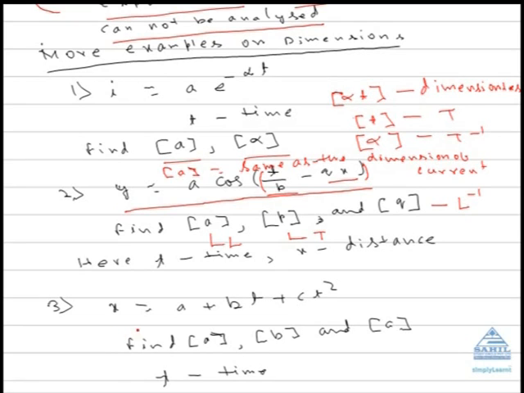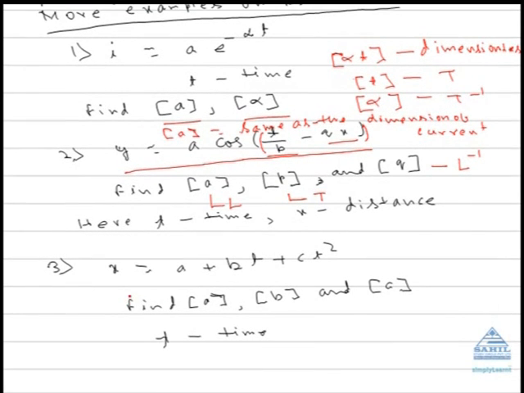Let's take another example. x equal to a plus bt plus ct square. We have to find the dimensions of a, b and c. In this case, the dimension of all the four terms should be the same. We have seen that. Now x is position, so the dimension of x is